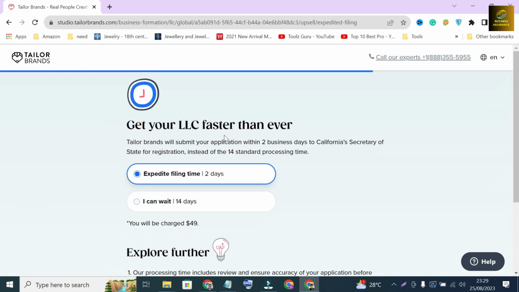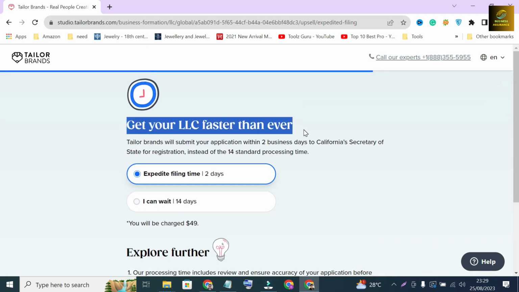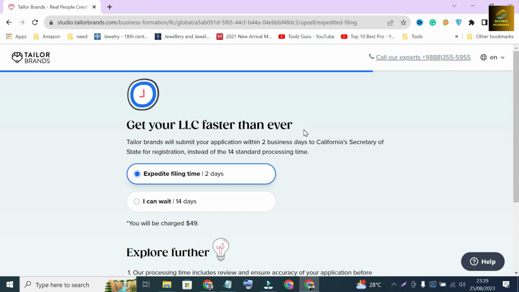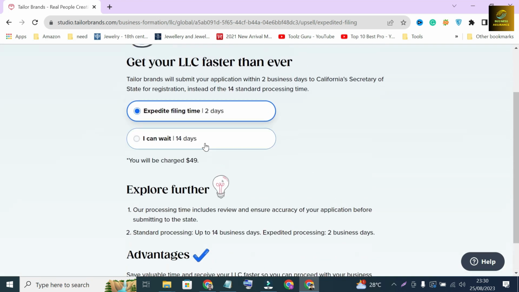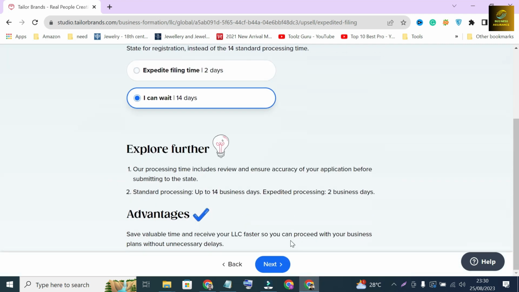In the next section, they will ask you whether you want an expedited filing service or not. Normally, if you form your LLC through them, the typical waiting time is about 2 weeks. But if you select this service too, then they will process all your documents and legal formalities within 2 days and file your LLC for an additional $49. Since I don't need this service, I will just click on the I Can Wait button and move on to the